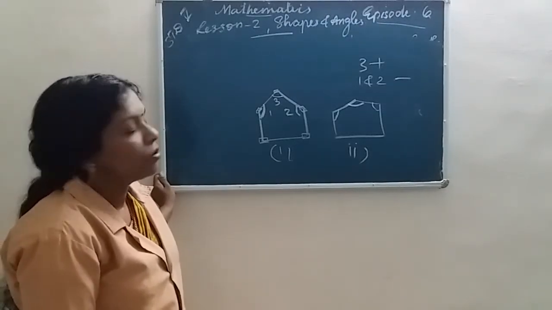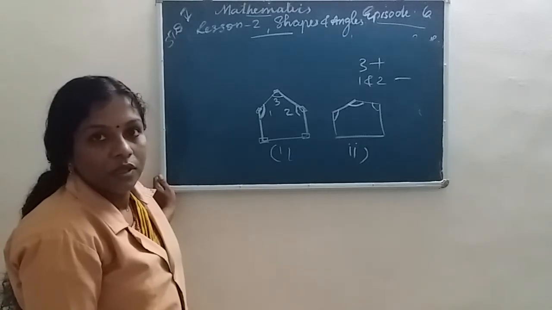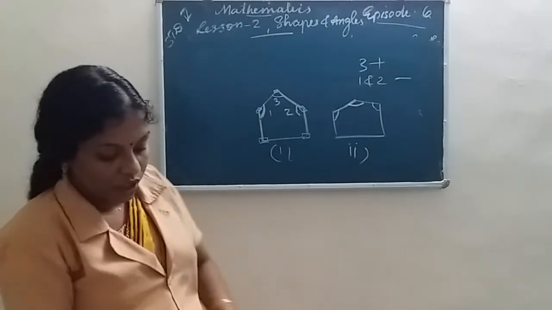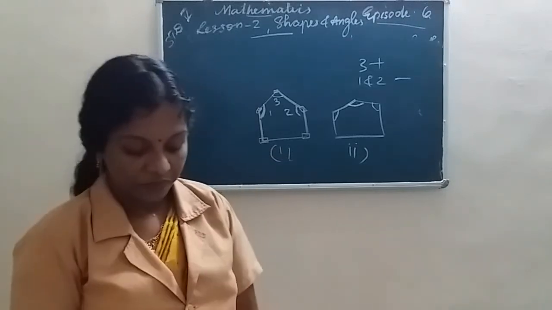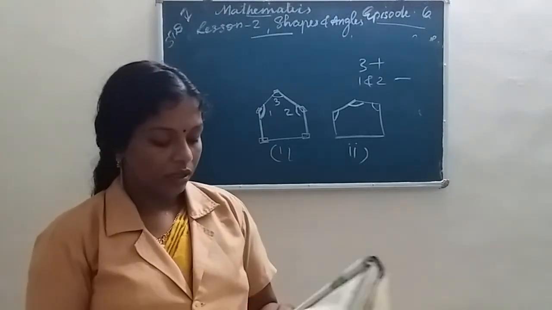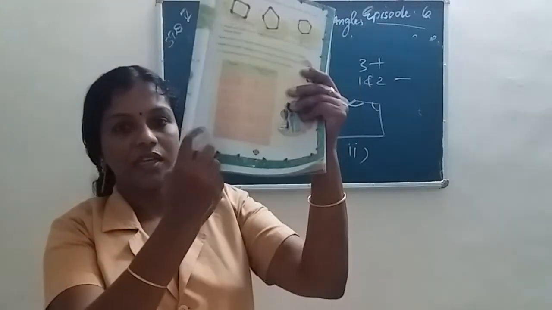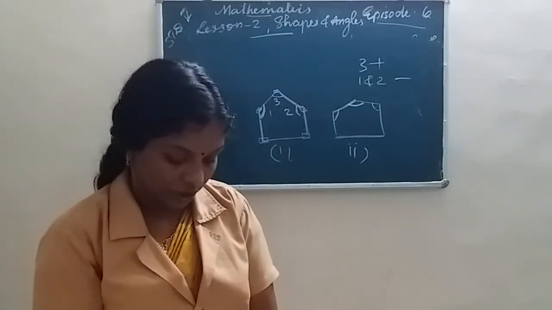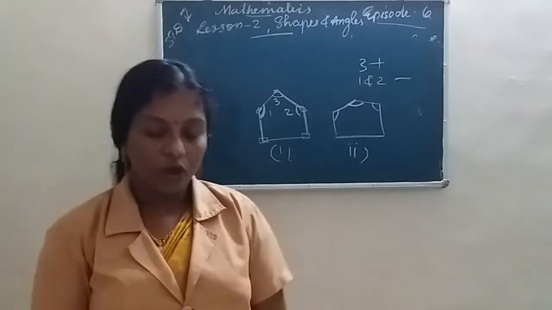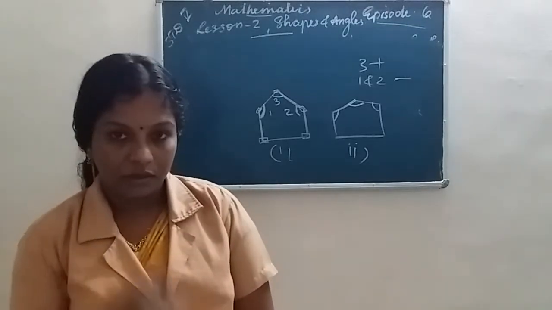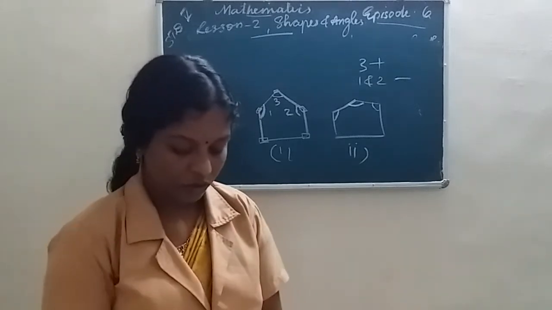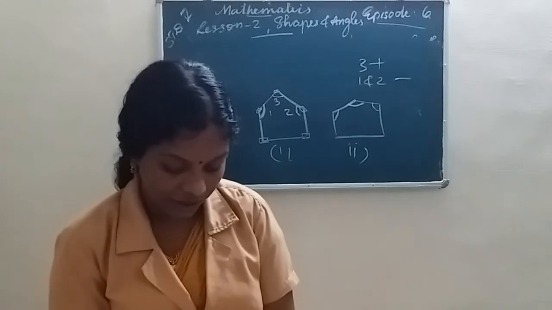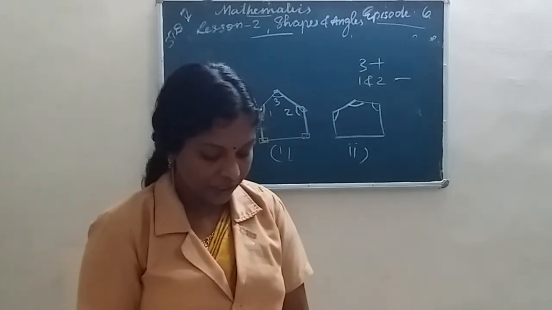So you should try it at your home. Try some more examples using these rubber tubes and matchsticks, and make some figures. There are different types of shapes given here. You should do this at home, observe your measurements or results, and write them down in your notebook or textbook. Okay. Then the next activity: shapes and towers.